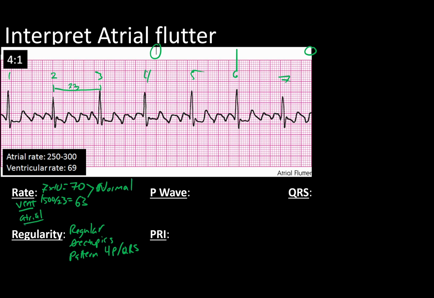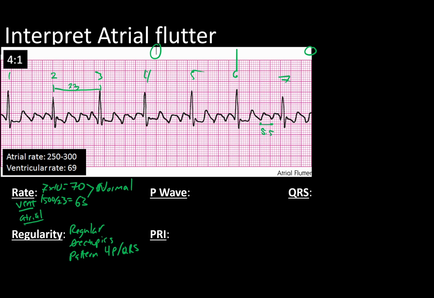In fact, we're just going to measure from the tip of one P wave to the next. Well, where's the P wave? This whole thing looks like a mess. Well, let's go all the way out here between 6 and 7. You have what looks like a T wave coming down, and this bottom point here is essentially where your isoelectric line should be, and this next one is way over here,